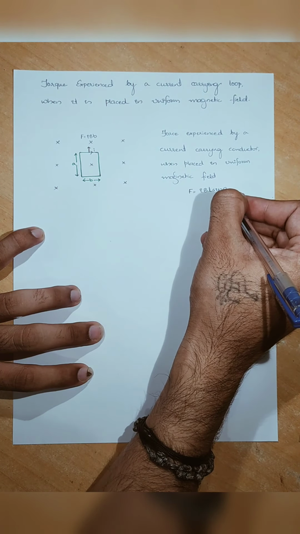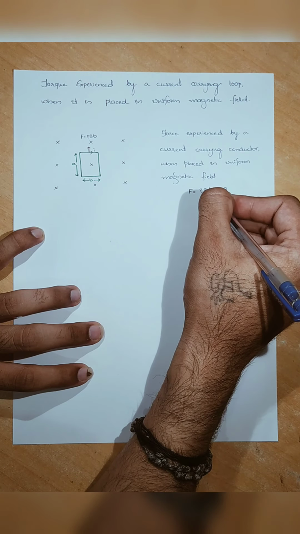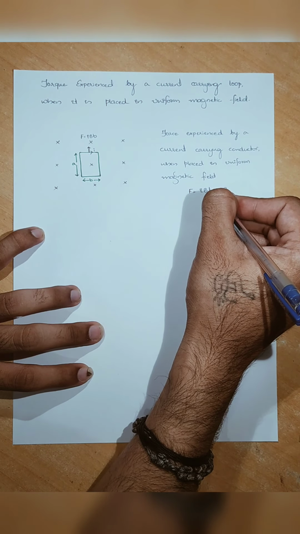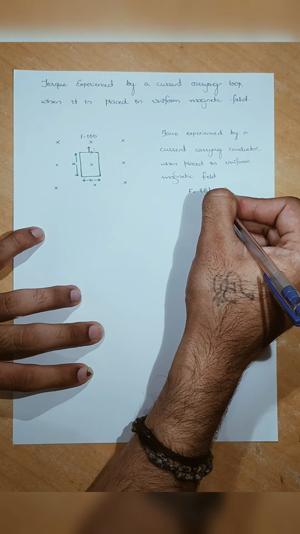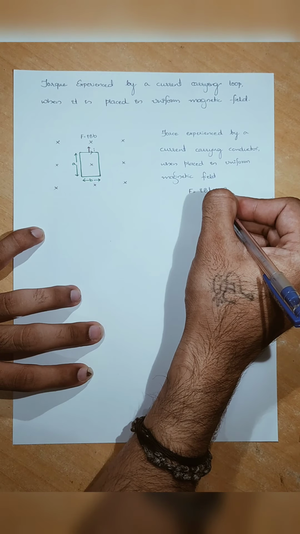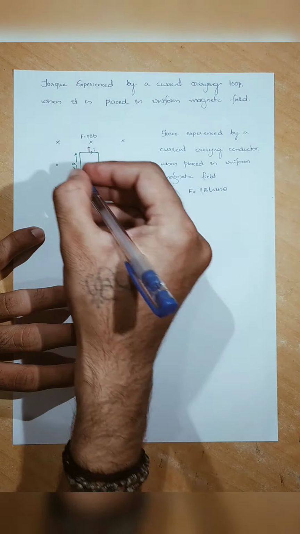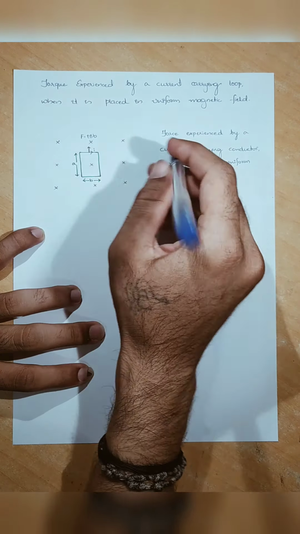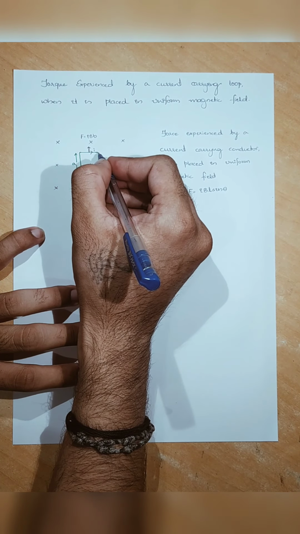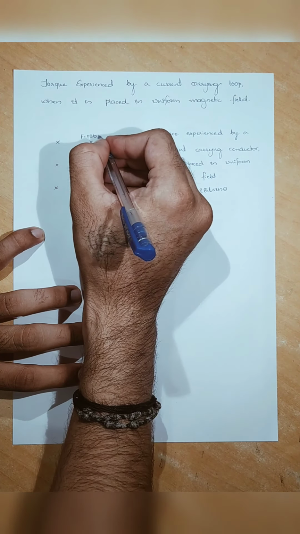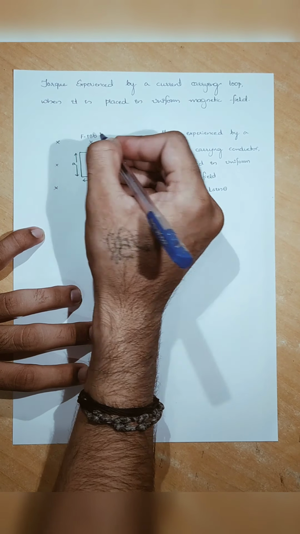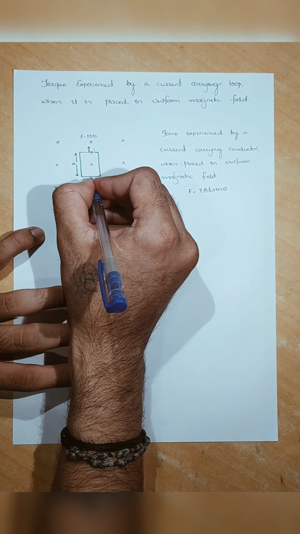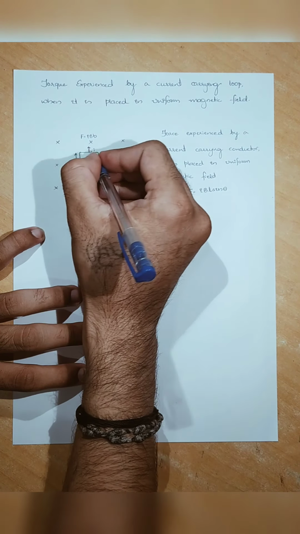Sine theta, this theta is nothing but angle between B bar, that is nothing but magnetic field, and L bar, which we had considered for a length element which is in the direction of current. Okay. So angle between these two, B is like this inside and current is like this, means total angle formed between those two is nothing but 90 degrees. Sine 90 is nothing but 1. That's why F is equal to IBB. Clear? And here downside, if we cross check, otherwise we'll come step by step.